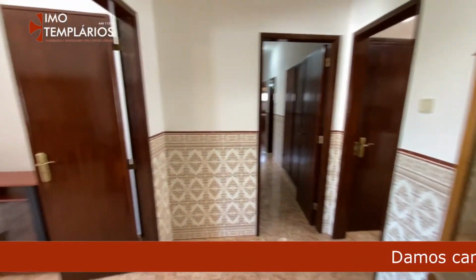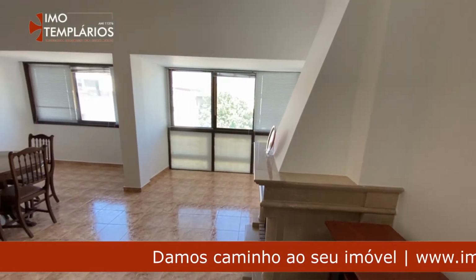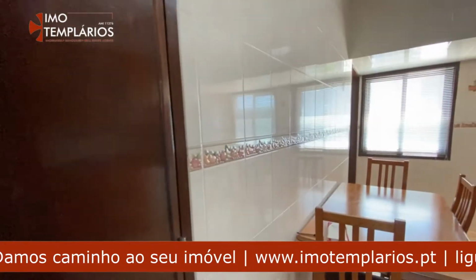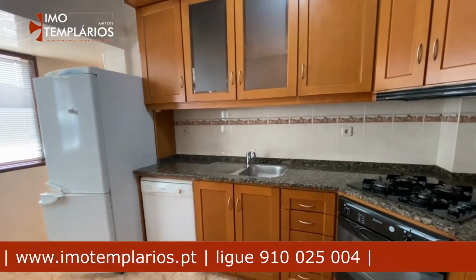T5 flat furnished in great condition, ready to move in. This flat has one bedroom with fireplace, one bedroom with two single beds with air conditioning, one double bedroom with air conditioning and a balcony, one suite with the double bed and the bathroom with bathtub, one suite with bathroom